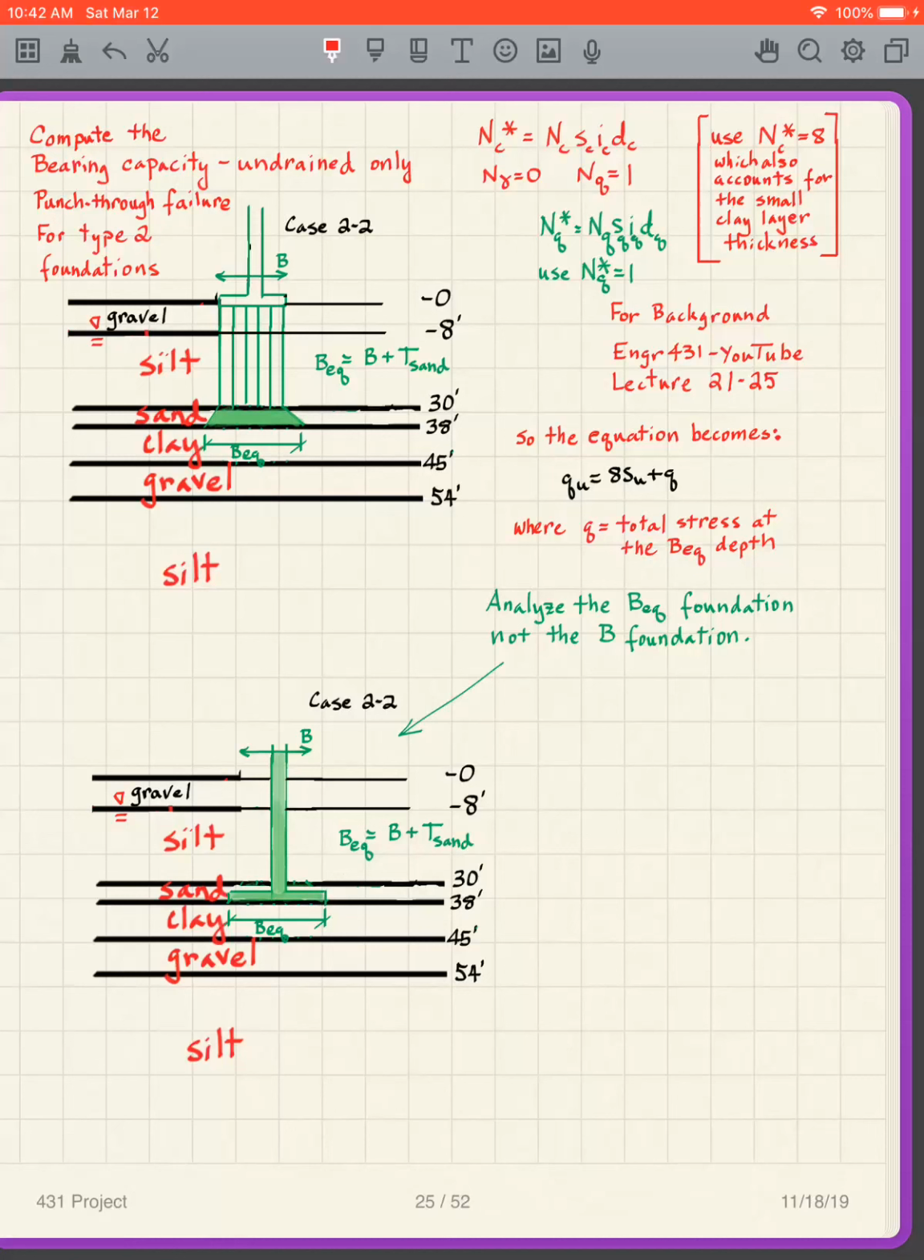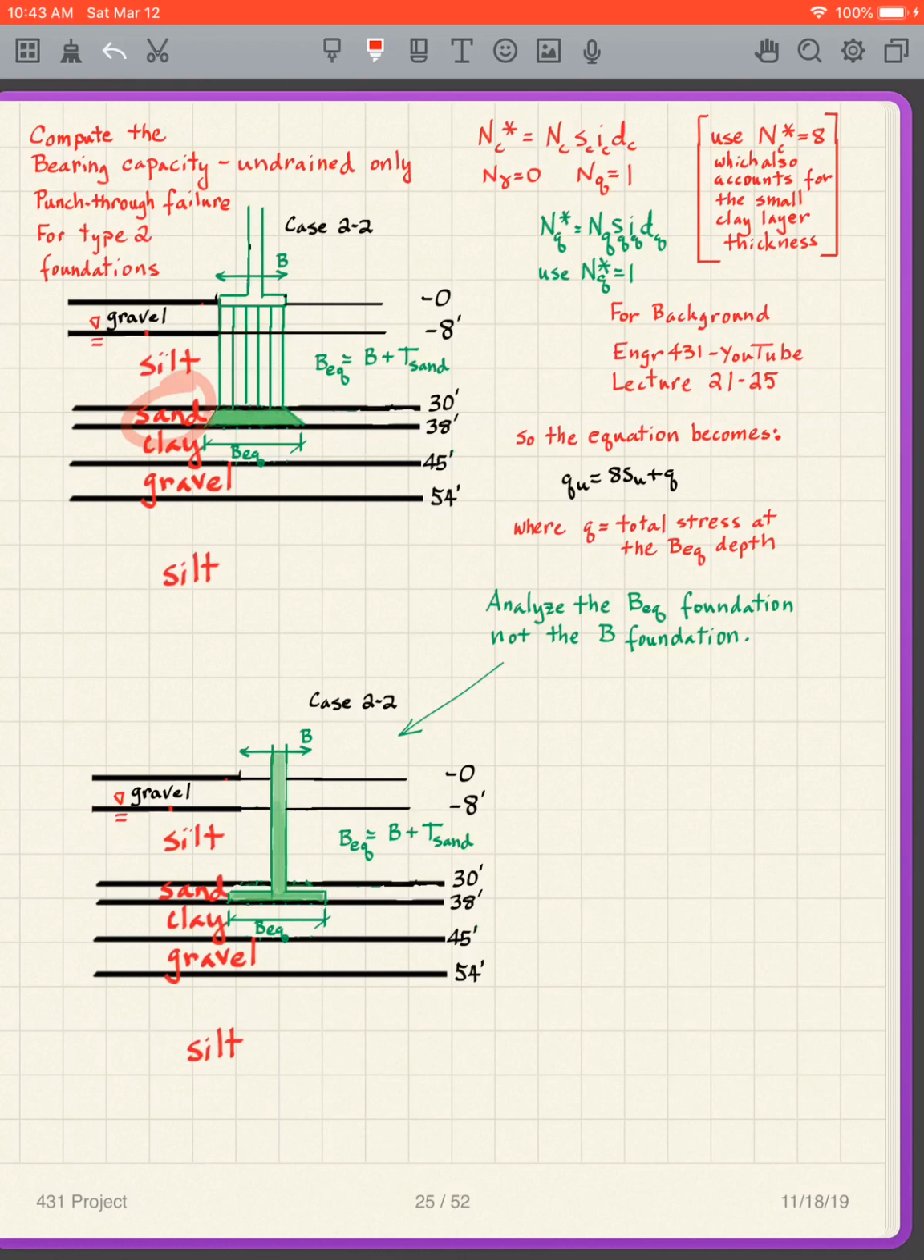Next part of the project, which is to compute the bearing capacity, undrained only, for punch-through failure of the type 2 foundations. So we're only going to do the type 2 foundations, so that means we're going to be doing the case 2 foundations. Now, what we're concerned about is that we put our piles down to a sand or a gravel layer, and